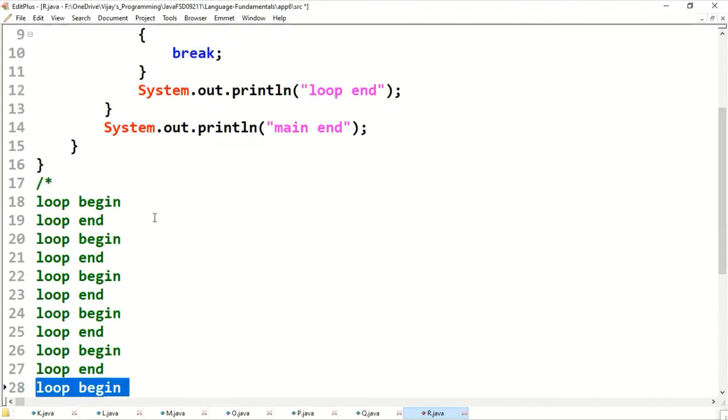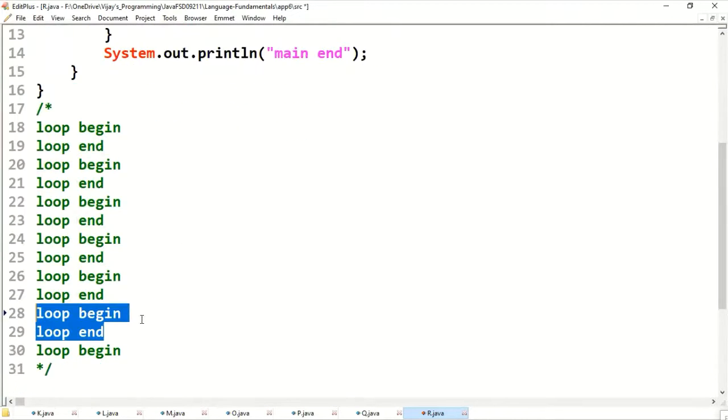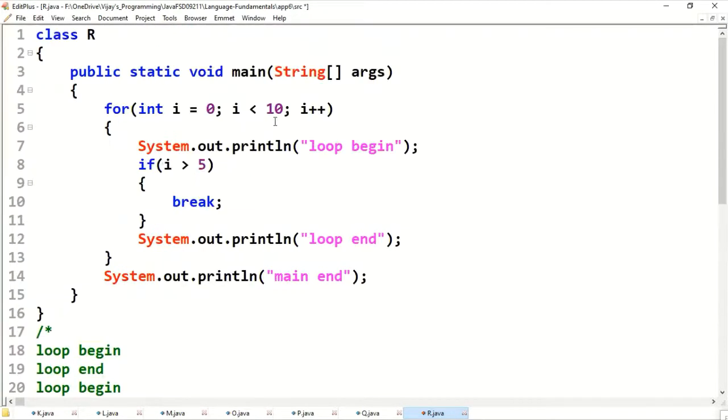Whenever i becomes 6, loop begin. Now 6 greater than 5. Yes, 6 is greater than 5.